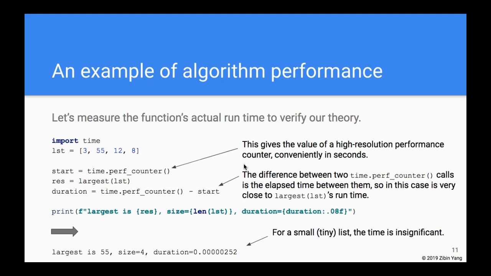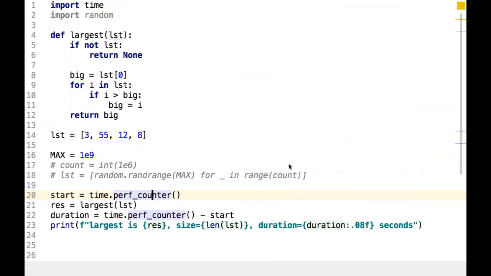So that's very convenient. So before we run this function, we take a time, and then after we run the function, we take the time after it's done, and then we take the difference between these two times, and that should give us a fairly good idea of how long this function takes. Okay, so we can run this. I've already written this out. So if we run this,